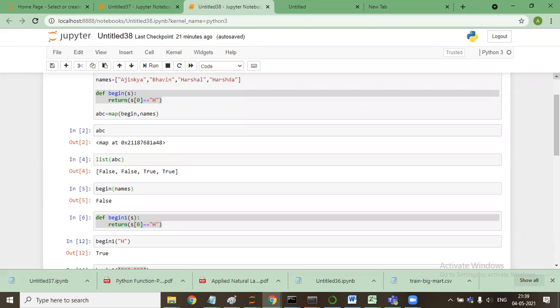Now it will abide by the protocols of the function. It will take every element from the list, put it into the function, store the result as true and false in a list, and return it to us. So it will not pass as a list, it will pass every individual element, one at a time. Sir, it always gives true and false as output, right? No, no, no. The thing is the way you work.